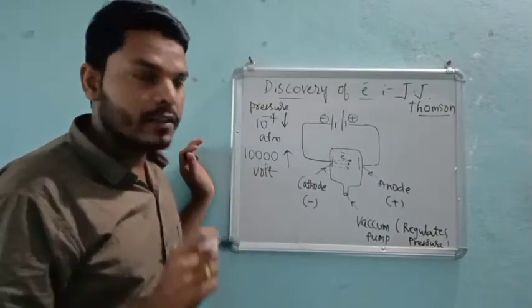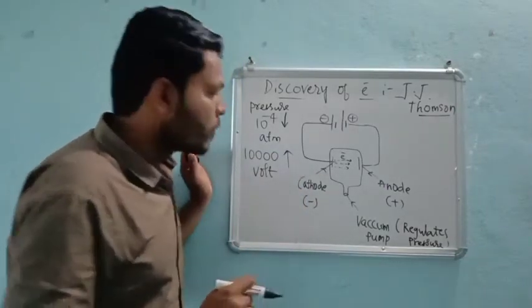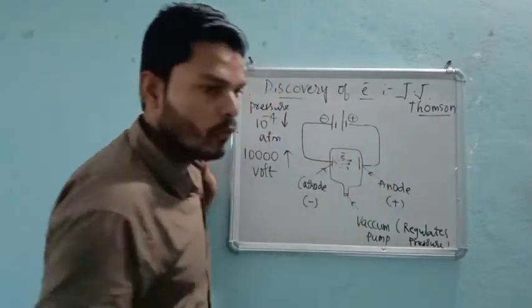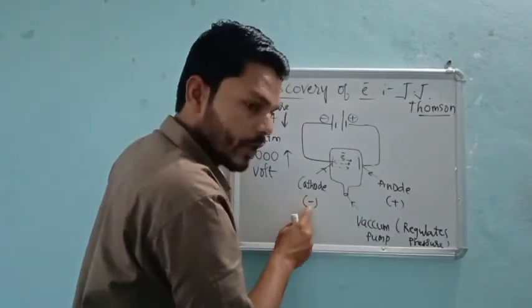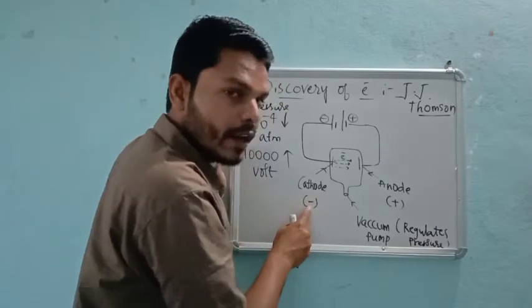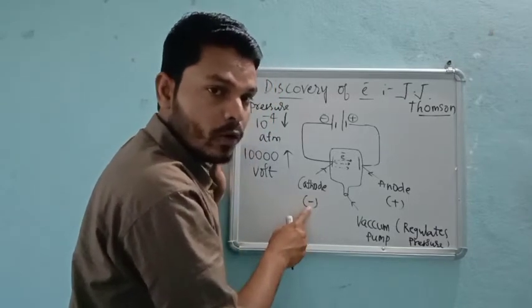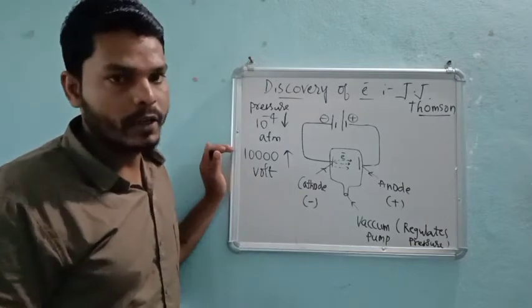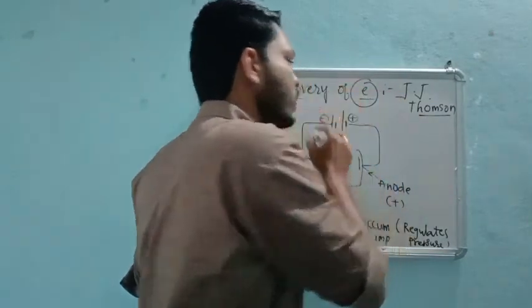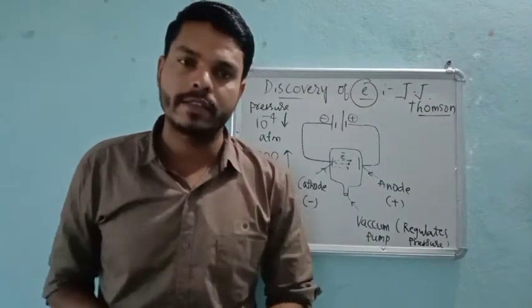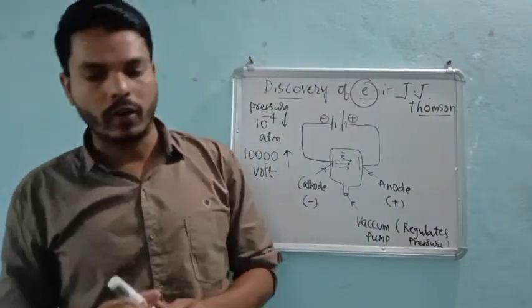After providing this much voltage of current, some of the indivisible rays are moving from cathode to anode. That means cathode is negatively charged, so whatever rays move from cathode to anode, definitely they will have negative charge, and negatively charged species are called electrons, right? Like how he has discovered the electrons. And now